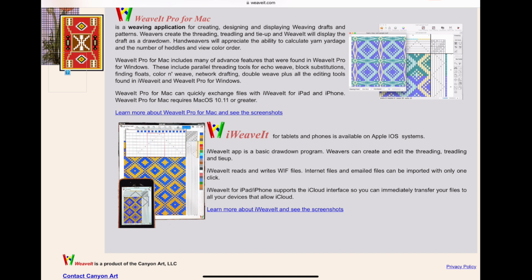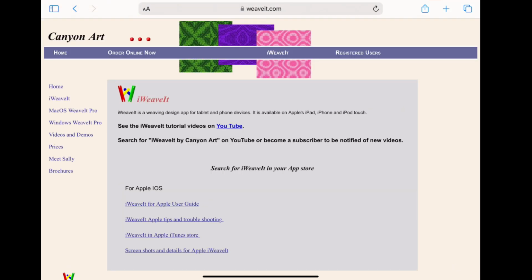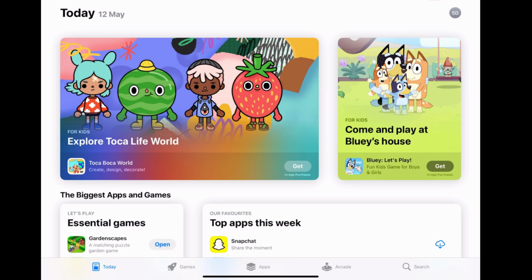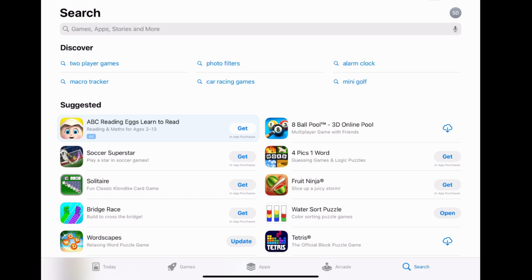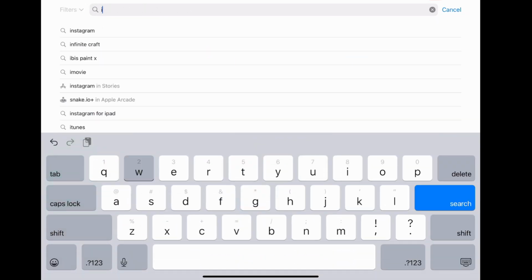We're going to have a look at IWEAVEIT for your iPad or iPhone. So if we click here, we can see that for Apple iOS, these are the links that you need. So if we click here, this is going to take us direct to where we can download it for your iPad. Alternatively, you can go to your App Store on your iPad and search for IWEAVEIT, and then you can